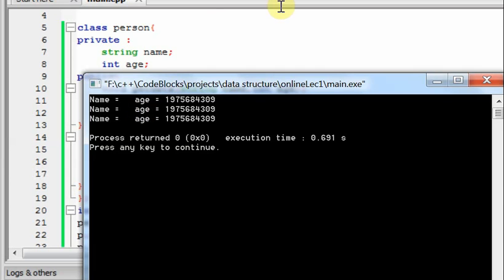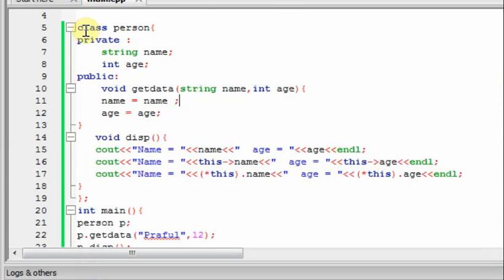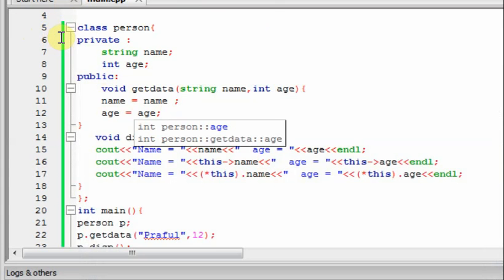Why is it? Because the compiler is confused about what is the argument and what is the actual member name. Both are the same, so it is confused about what is being assigned to what.